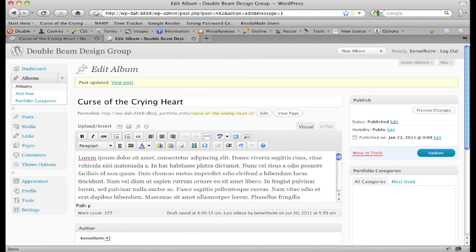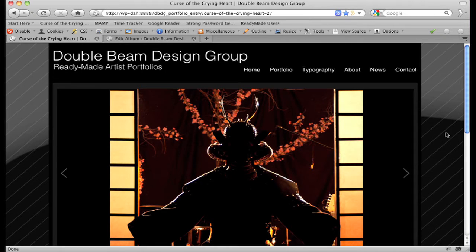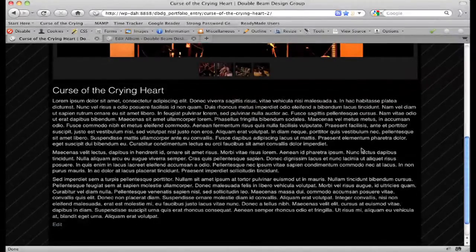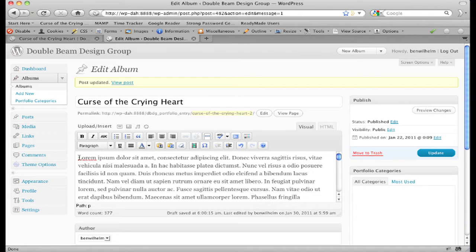A blurb is exactly what it sounds like. It's a small chunk of text floated off to one side or the other from the main body of your page. To use an example, this is an album from my lighting design portfolio. This is a show I designed a while back. I want to float a little section here that lists the theater name, the director, the other designers involved, and so on. So I come over here,